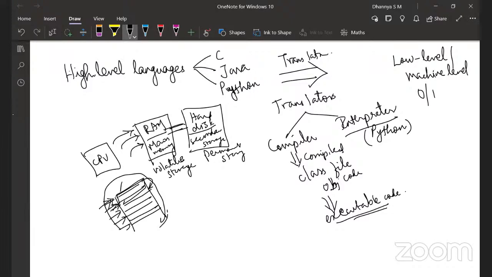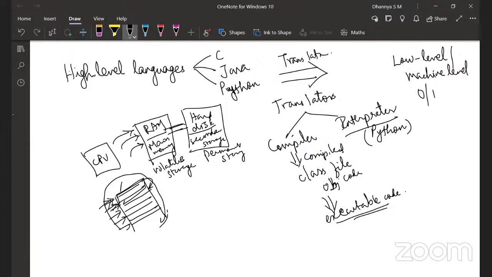Because we know a program basically executes from the main function. At what level does it decide that this much of the program should be compiled first, and then it compiles the full program? When you say a .c file, it compiles the full C file. When you say a .java file, it compiles the full Java file. It doesn't stop at one class or one method, and it doesn't split into modules. It will compile the whole thing.